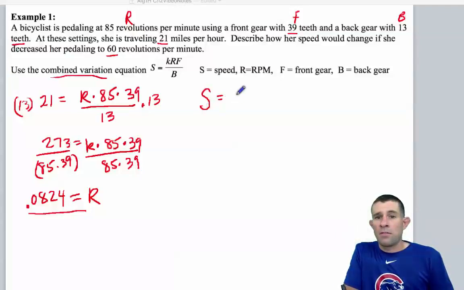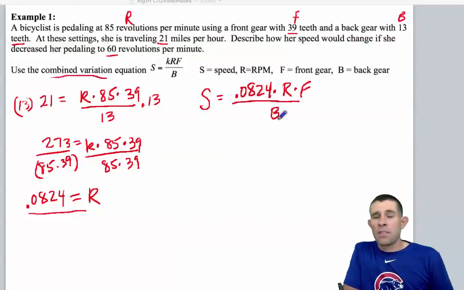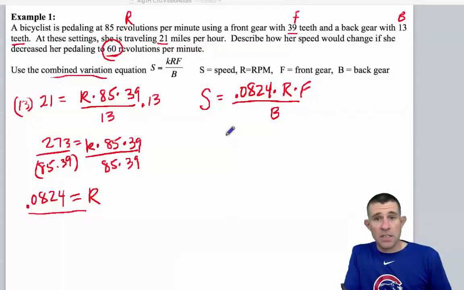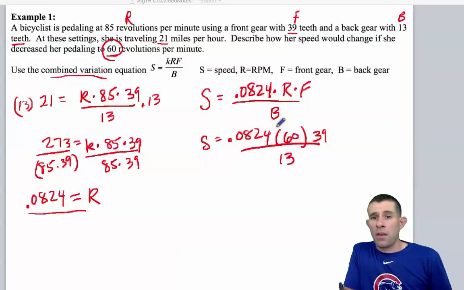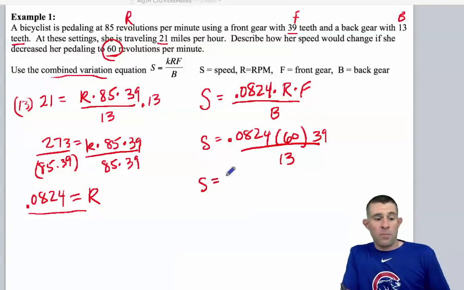Now let's use that out to the fourth digit, and let's rewrite our formula. Speed is equal to 0.0824 times the revolutions times the number of front teeth divided by the number of teeth in the back gear. Now we are asked to consider how our speed changes when we reduce our revolutions to 60. So let's find our speed when our revolutions are 60. Our front gear still has 39 teeth divided by 13. Now when I enter all that into my calculator, I find that my speed is going to come out to be